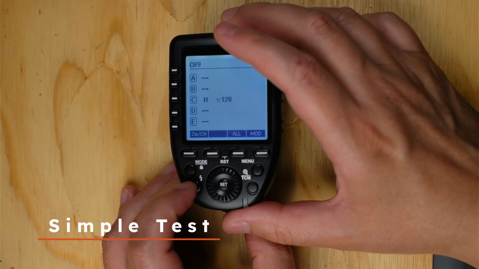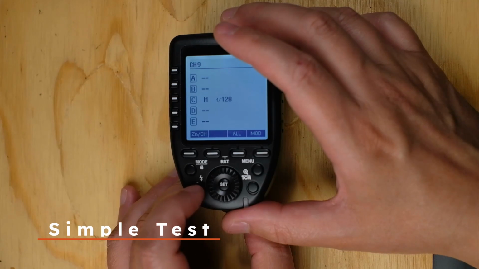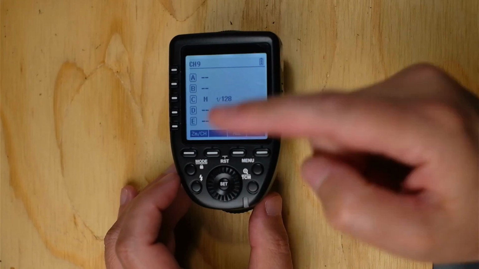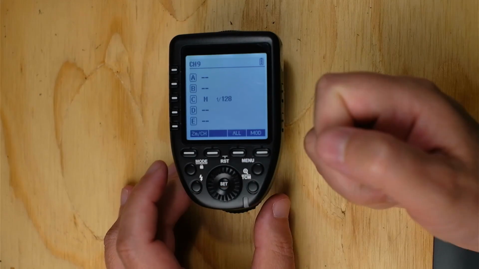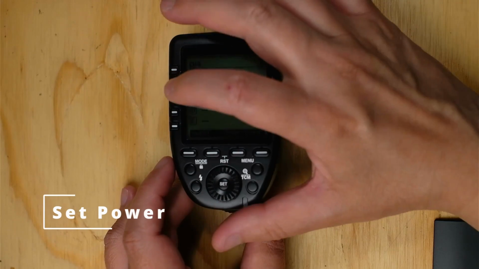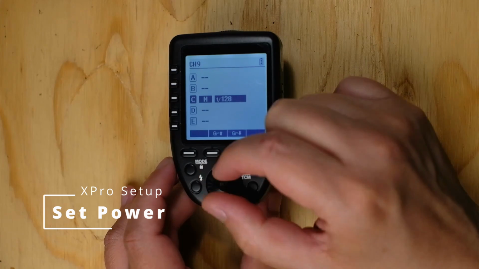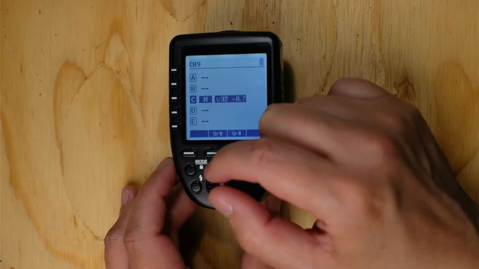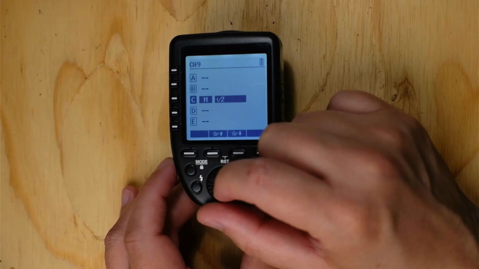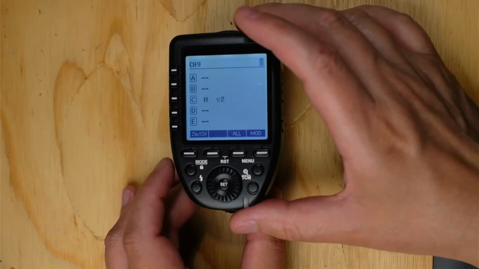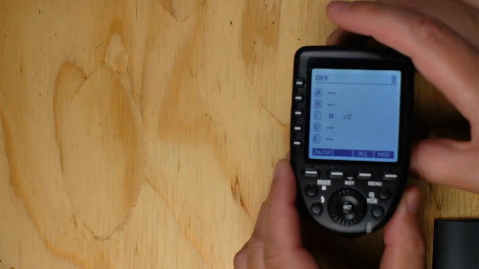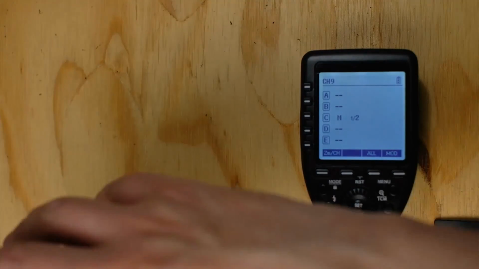So I'm going to press the tester button, which is labeled with the lightning bolt. The flash is firing, but you can barely see it because it's off the frame, and it's only set to 1/128 power. Let's increase the power. I'm going to increase it quite a bit, all the way to half power. Confirm the selection and then press the tester. And let's get the flash in the frame so we can see how things change.